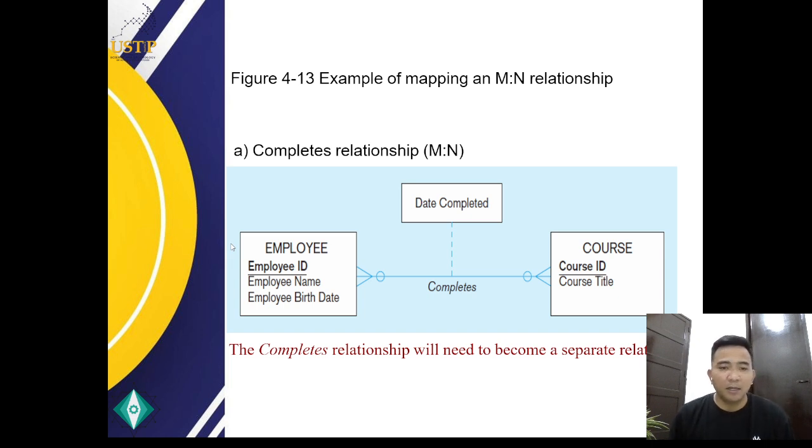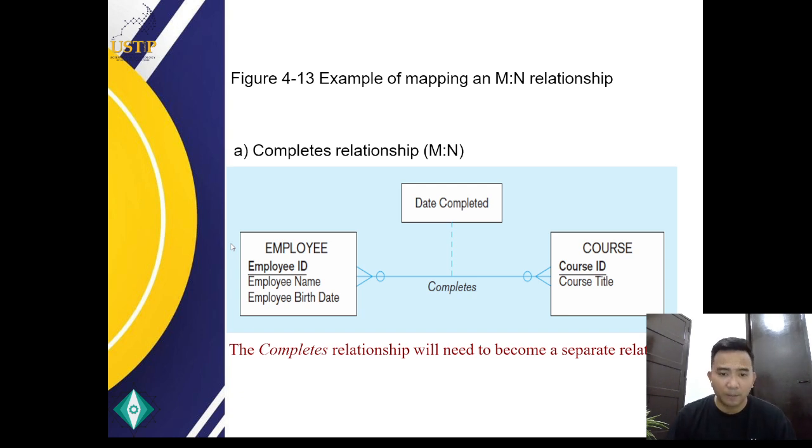It indicates a many-to-many relationship, meaning that an employee can complete many or multiple courses, and the course can be completed by multiple employees. So in the relational database, many-to-many relationships are typically represented by creating